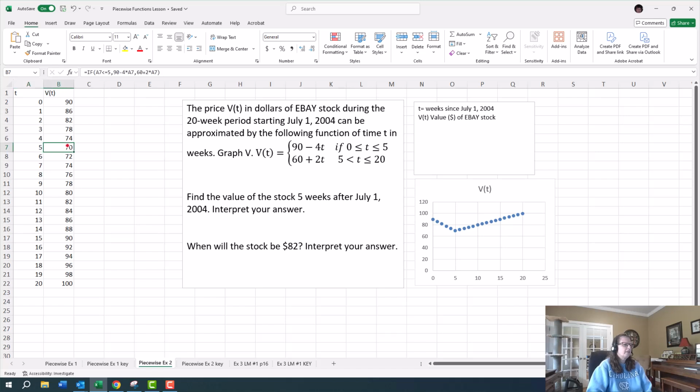So T is in weeks, so that 5 is our T. So this is an input-output question. I've given you the input, and so all you have to do is find it on the T column, and the answer is 70. Now don't just leave it in Excel. You have to interpret your answer. So what that means is not explain. Don't explain to me what you did. Just interpret it. So I would say something like,